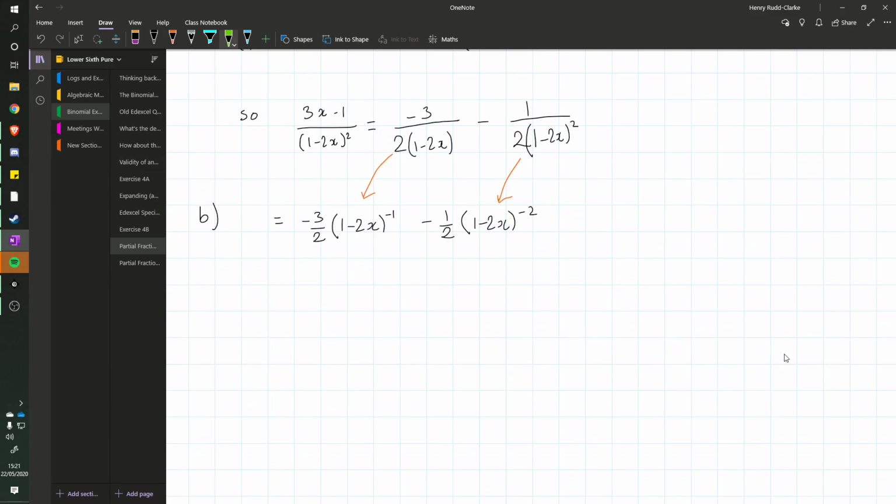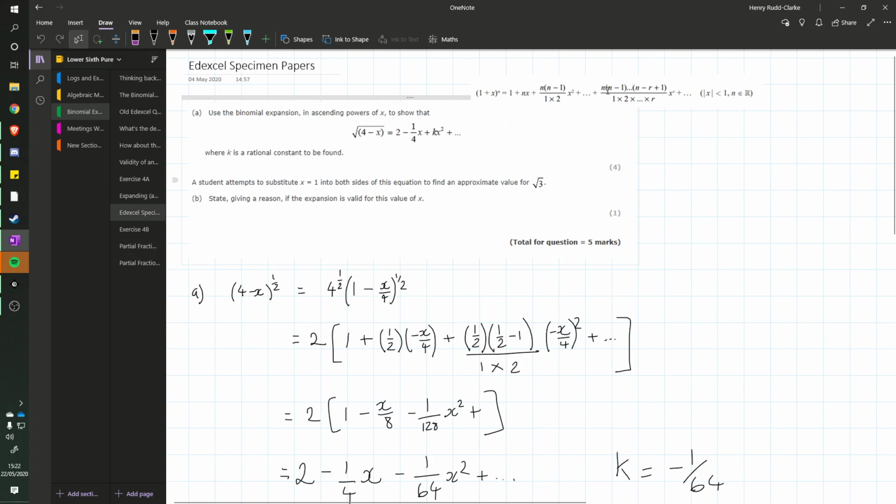But what I'm going to do is I'm going to do each of these separately. So I'm going to highlight this in green, and we're going to essentially just do two different questions over here, two different expansions, and then we're just going to put them back in to get our answer. So this is the first expansion I'm going to do, the first bracket here, 1 minus 2x to the power of minus 1. So if I just copy over our formula here,